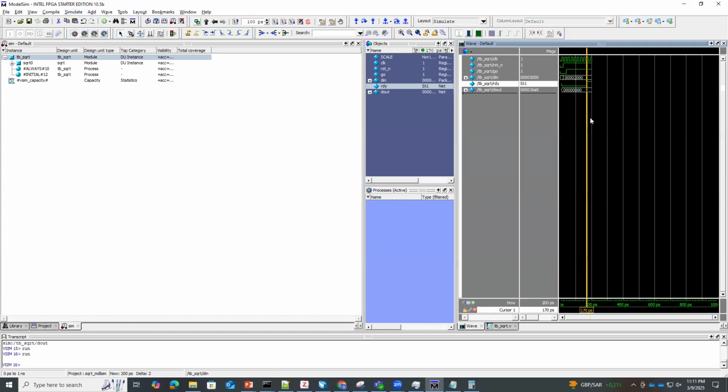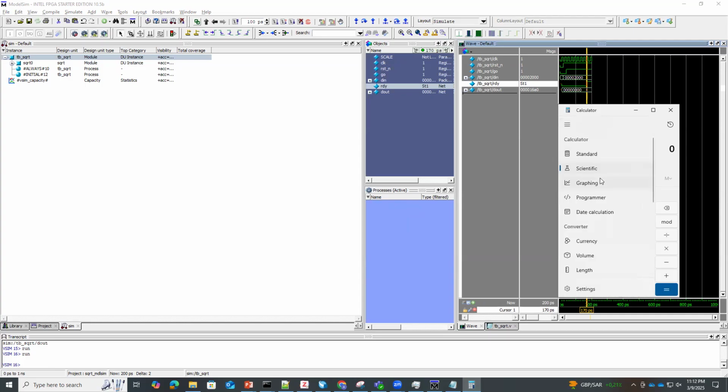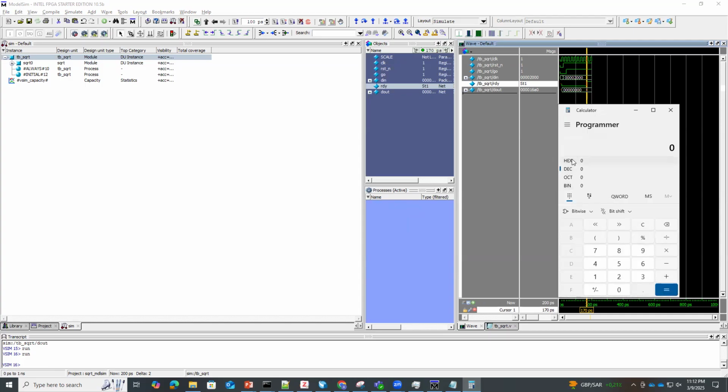And then my ready turns 1 at this point here, at which my D out is 16A0. 16A0 in hexadecimal is